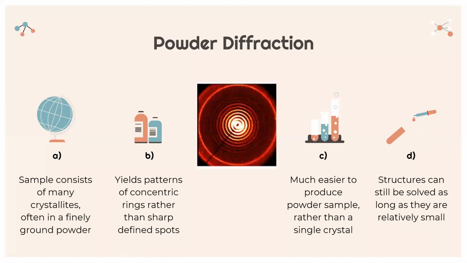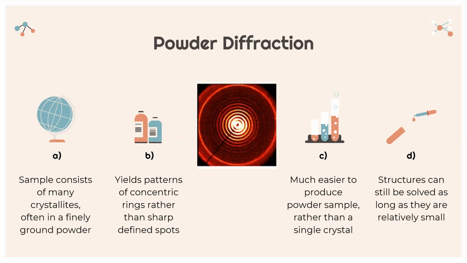Next is powder diffraction. In contrast to single crystal crystallography, powder diffraction uses a sample consisting of a mixture of many crystallites, often in the form of a finely ground powder, hence powder diffraction. Powder diffraction yields patterns of concentric rings rather than sharp defined spots, as shown in the picture. These rings each have the same scattering angle 2 theta that a single spot would have had in a single crystal pattern. It's much easier to produce a powder sample rather than a single crystal, and with this technique, crystal